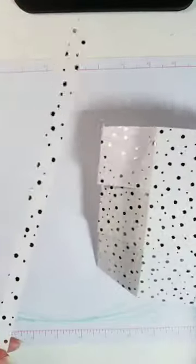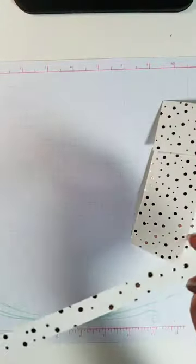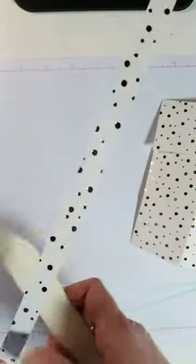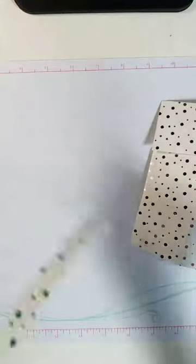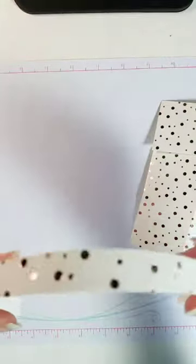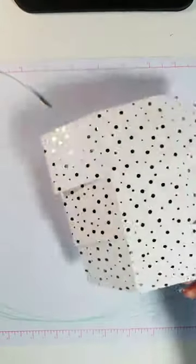Then, the other thing that I have is an 11 by 1/2 inch long strip. And I'm going to take my bone folder on this, and this is going to be my handle. So I'm going to just gently curl that. See how that curls? Okay, in both directions, so that I have a nice curl on my handle. Because this paper is heavy,